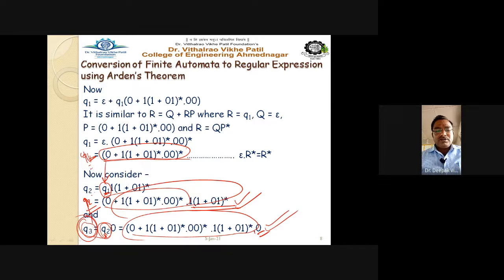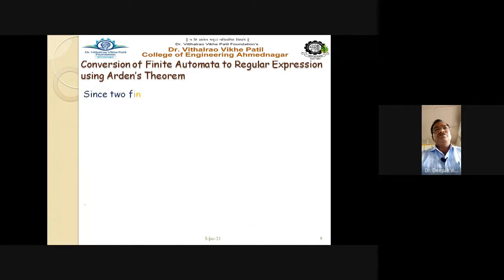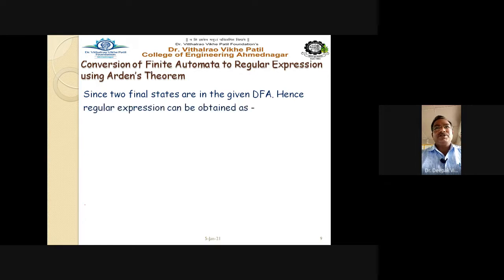So for all three states we have found the equation. Q1 is here, for Q2 we have found it, and Q3 we have found it. Now we have to take the union of the equations of the final states. Which are the two final states? Q1 and Q3 are the final states. So we must take the union of these final states to get the final regular expression for the given automata, right? Since there are two final states in the given DFA, the regular expression can be obtained as